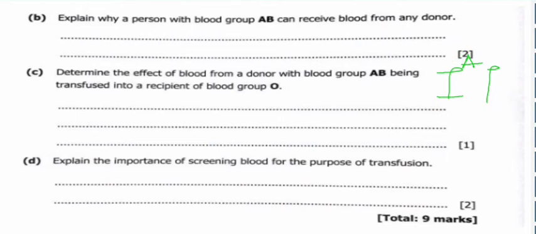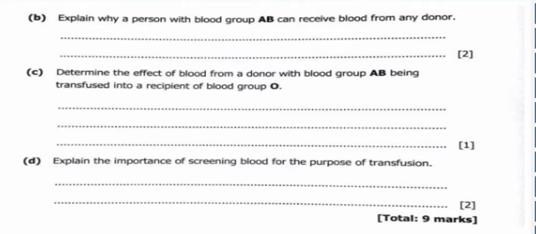So the answer here, we are saying, is that this is because blood group AB does not contain the antibodies which can attack the antigens of the donor. Then apart from that one, we have question C, which is saying,